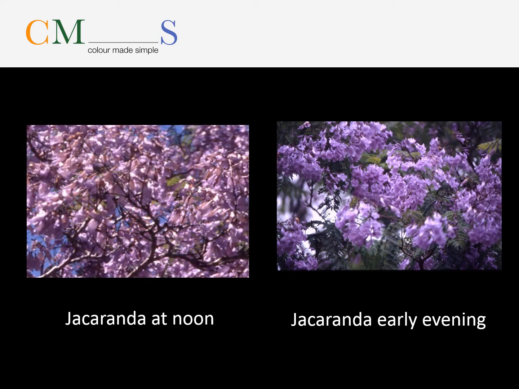At twilight there is a switch from cone photopic to rod scotopic vision, which produces a change in the perceived intensity of the blue and red regions of the spectrum. Rod vision has a greater sensitivity towards the shorter wavelengths of sunlight, namely blue. And here we have an example with the jacaranda tree, noon when the colour appears to be more reddish compared to the early evening when it appears to be more bluish.